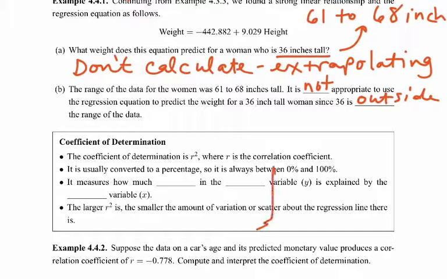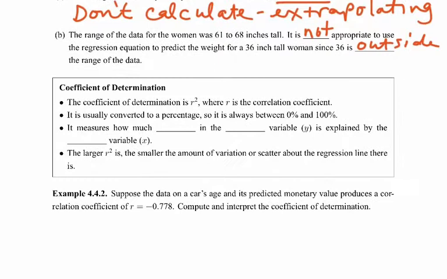All right, so one tool we can use to evaluate how good our model is is what's called the coefficient of determination. The coefficient of determination is very easy to compute by hand. It's R squared. Remember, r was the correlation coefficient. So when we square it, we get the coefficient of determination. We usually convert it to a percentage, so it's always some percentage between 0 and 100%. And what does it mean? It measures how much